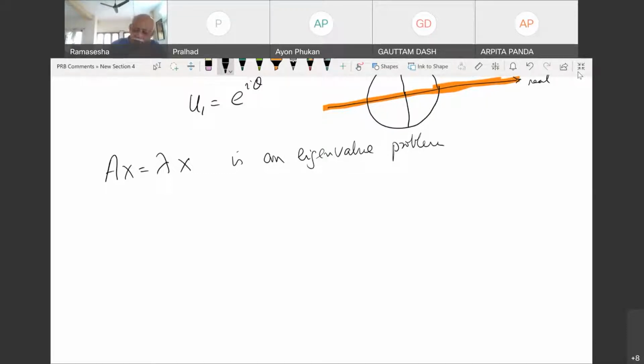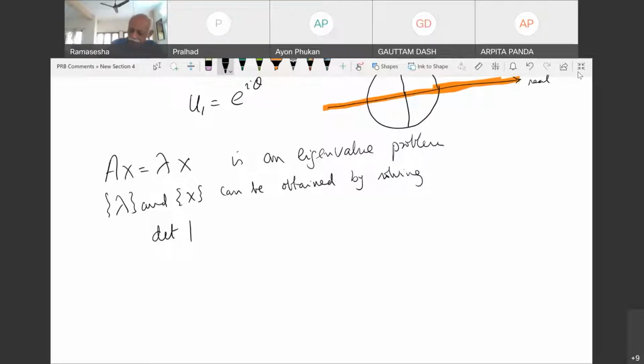And we also showed that lambda and x, a whole bunch of lambda and x, can be obtained by solving the characteristic eigenvalue problem, where we solve determinant of A minus lambda I, equal to phi of lambda, equal to 0, and for each